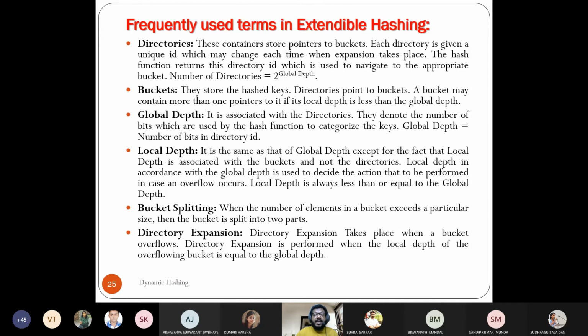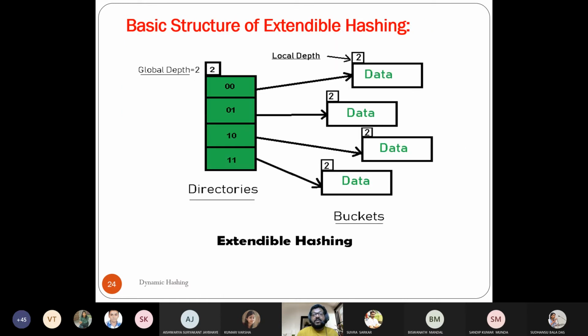You split the buckets, and you can do so because you know the maximum capacity of the bucket. Then directory expansion. Directory expansion is like this. If you got all the key values, this is the list. When you have unique entries, this directory represents them. Let us say each bucket has 4, and all start with 000.